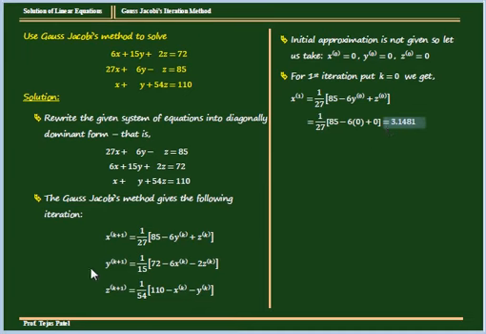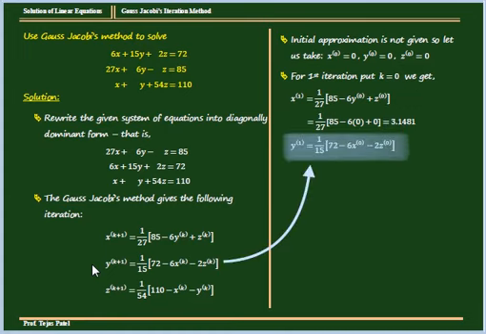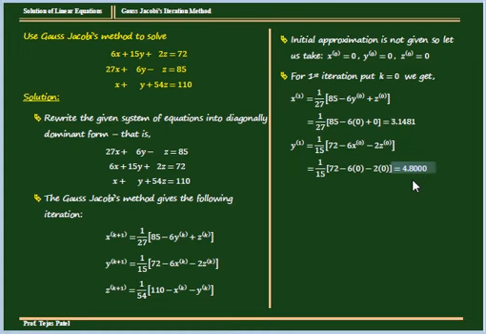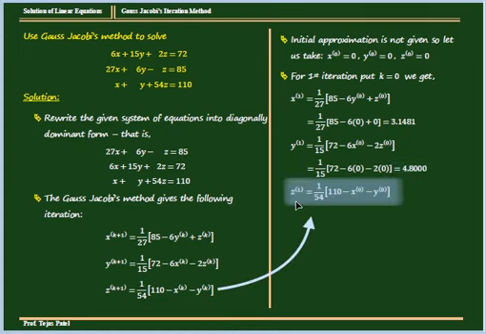Now again we substitute k equal to 0 in second equation and we'll get y1 is equal to 1 upon 15 72 minus 6 x0 minus 2 z0. Again we can see that x0 is 0 and z0 is also 0, so we substitute this value and solve this, we'll get 4.8000. Then we substitute k equal to 0 in the third equation and we'll get z1 is equal to 1